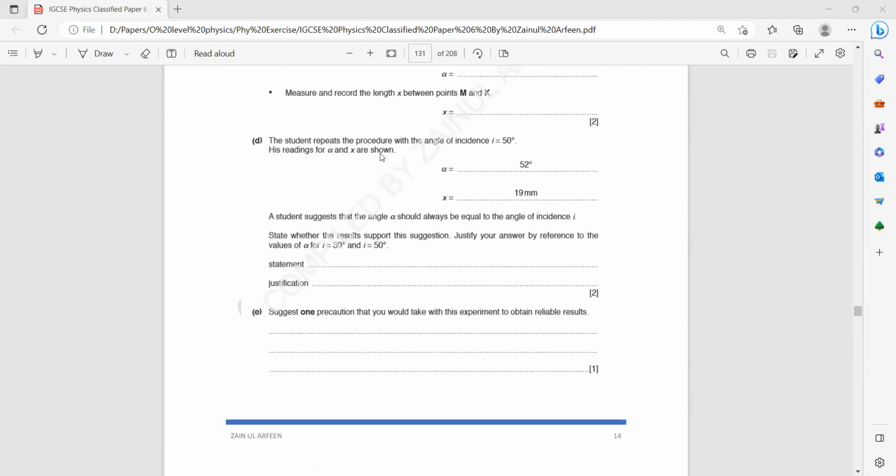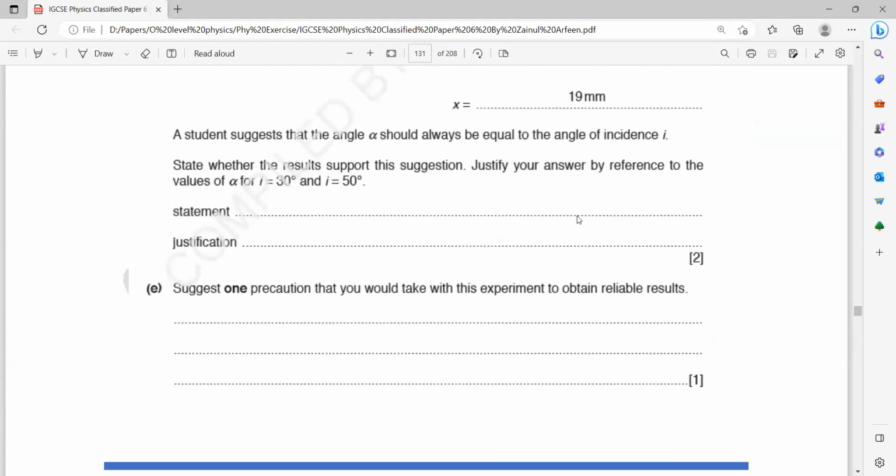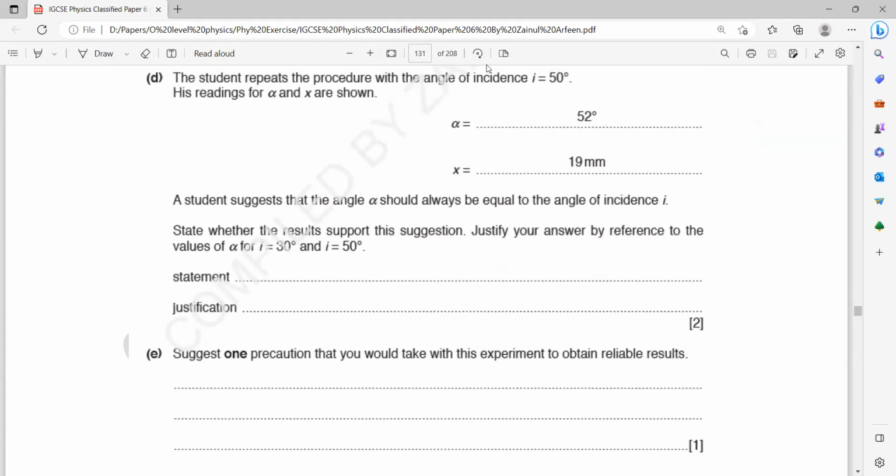Then in part D, the student repeats the procedure with an angle of incidence of 50 and he got alpha as 52. The student suggests that the angle alpha should be equal to the angle of incidence. So the student is saying that the angle of incidence should be equal to alpha. That is the student's conclusion. You state whether the results support this suggestion and justify your answer with reference to